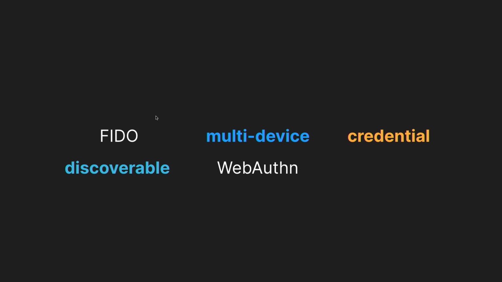Now, discoverable means that passkeys support an auth flow that doesn't need you to enter a username or any other info. Well, in theory, because browser support is still pretty early days for all of this. But it's super exciting that in the future, you're just going to be able to go to a website, click a button, and you can sign up or sign in like that.